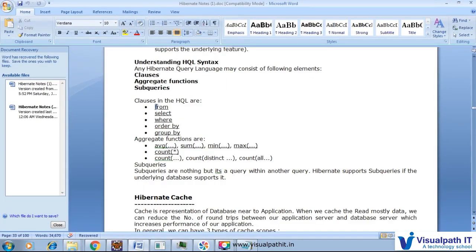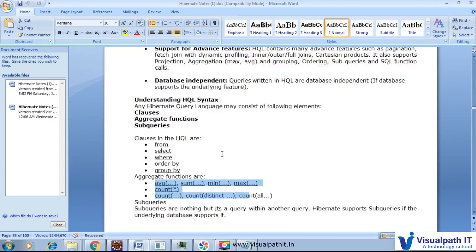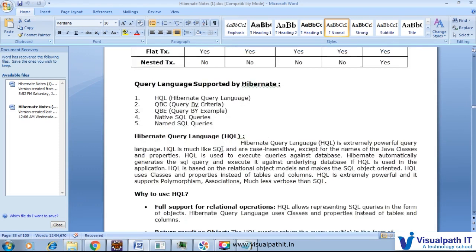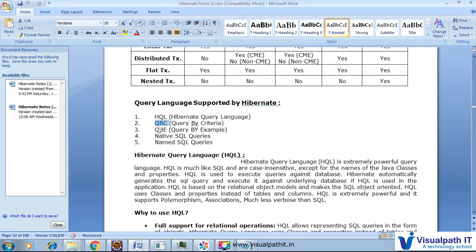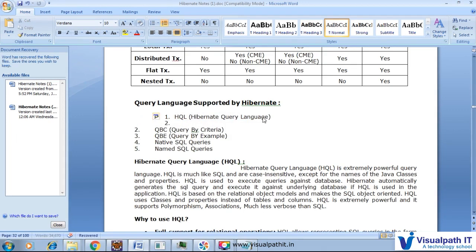Basically the main things are select, where, order by, group by, and these clauses. Other than that, there is QBE, QBC, native query, named query. So we will also see how these are performed. But most products use SQL itself, and here we can also utilize